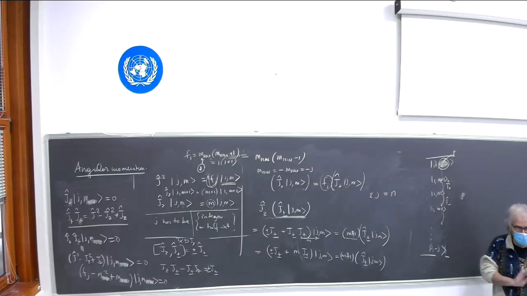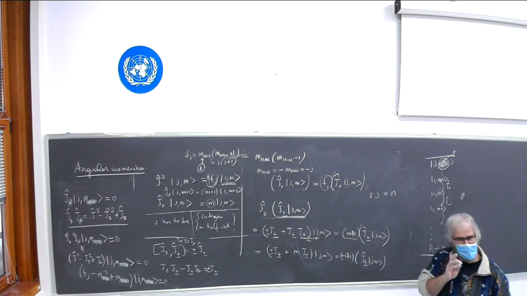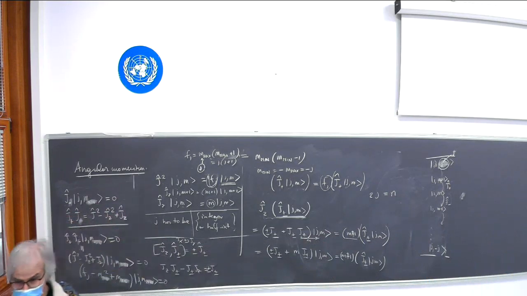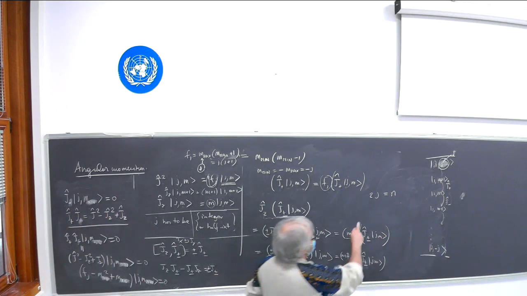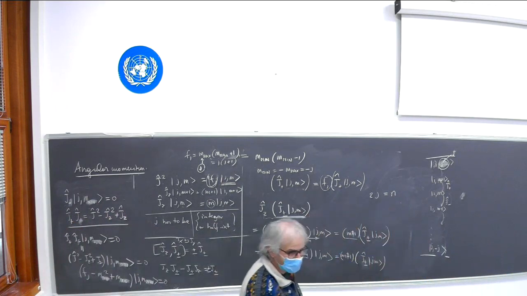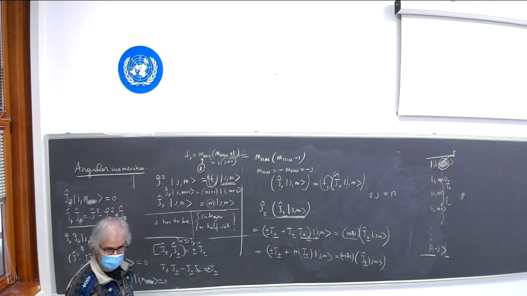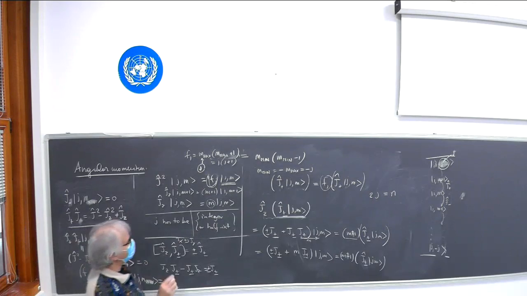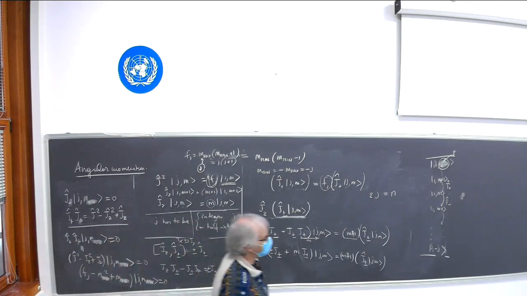But minus pi is not good, because minus pi, minus pi plus 1, minus pi plus 2, you don't get to plus pi. Right? So not all minus and plus are connected by an integer number of steps. Only when j is equal to either an integer or half an integer. So, although slightly boring at times, the algebra shows unambiguously that the only possibility is to construct a tower of